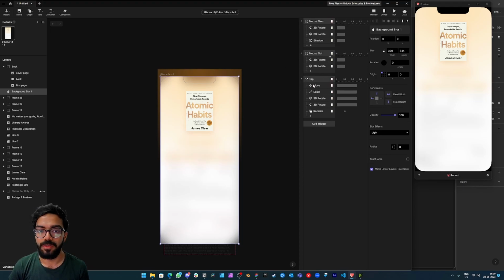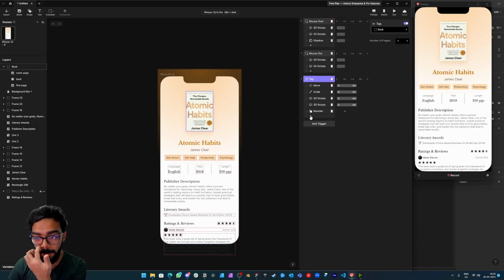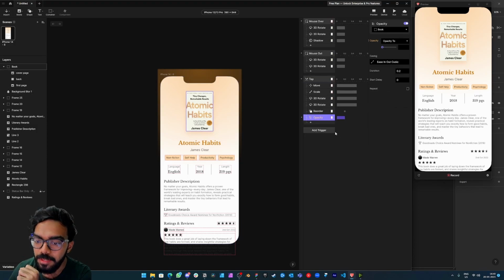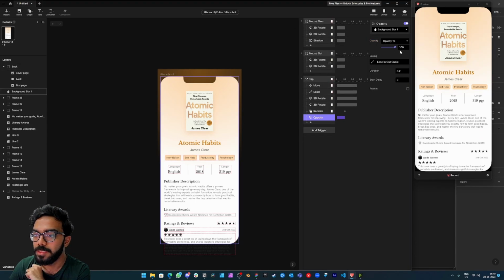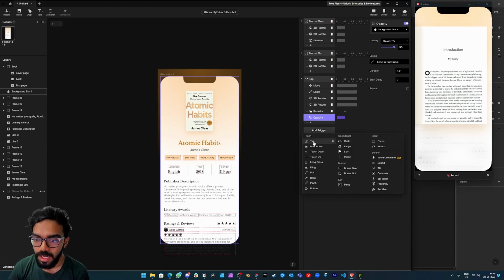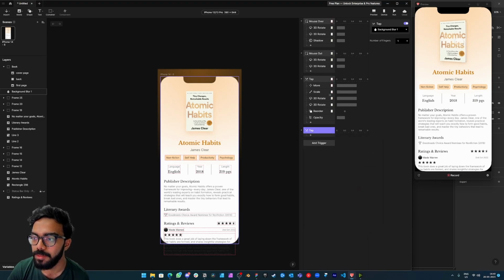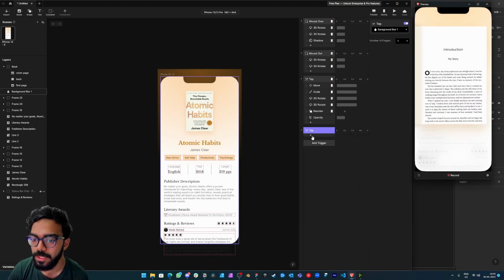So now make the opacity 0, and when you tap, make the opacity of the background blur 100%. So now when you click, the background blur appears. And I want a back button here, so you can also keep it on clicking this. Okay, let's do that. So on tap background blur, so untapping the background blur, so let's see here, you want